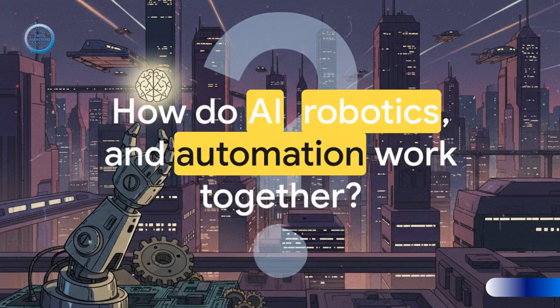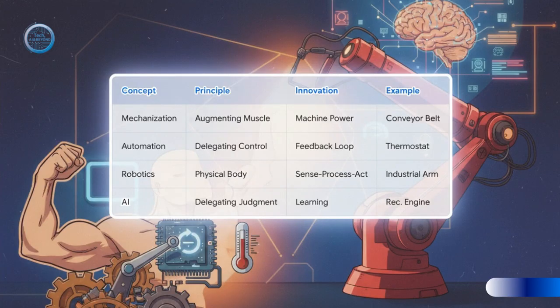Okay, we've now defined all 4 concepts on our ladder. But out in the real world, the most powerful and advanced systems aren't just one or the other. They are this synergistic stack of all 4, with each layer making the next one possible. So how do they all combine to create the intelligent machines of today? This summary table lays out our whole journey perfectly. Let's use it to break down an advanced warehouse robot.